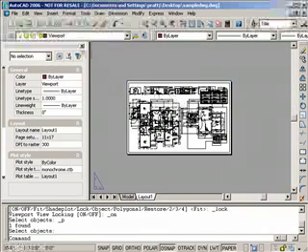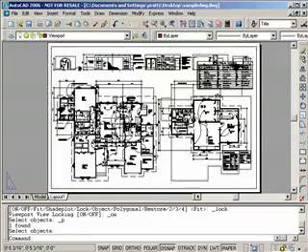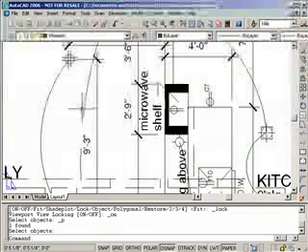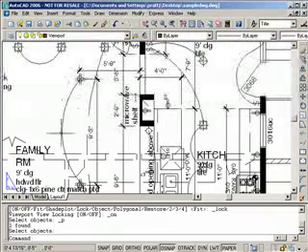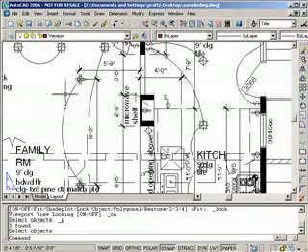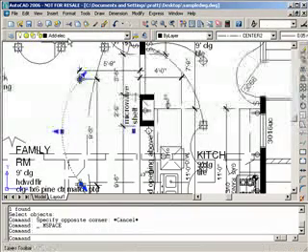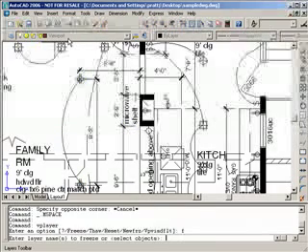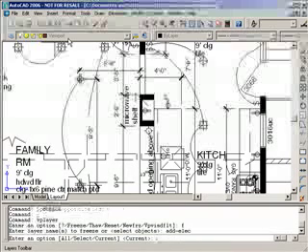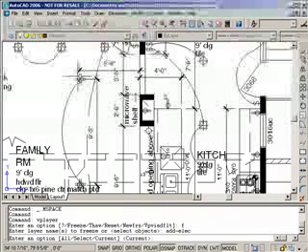Okay, now I'm going to introduce you to the VP layer command. The VP layer command is how you turn stuff off that you don't want to see. In this case, I don't want to see the electrical. I'm going to double click to get in here. Now that's on the add electrical layer. So I'm going to use the VP layer command, viewport layer. I'm going to say freeze, and I'm going to freeze the add electrical, add-elec. I'll select current. I'm just going to say in the current viewport,